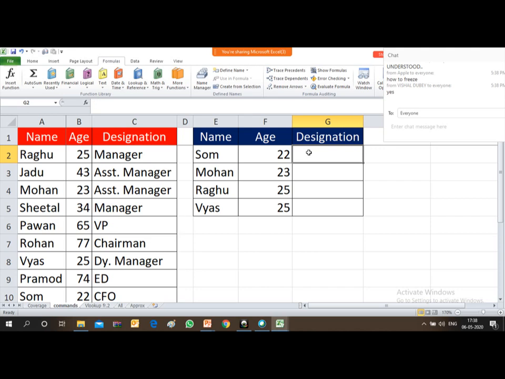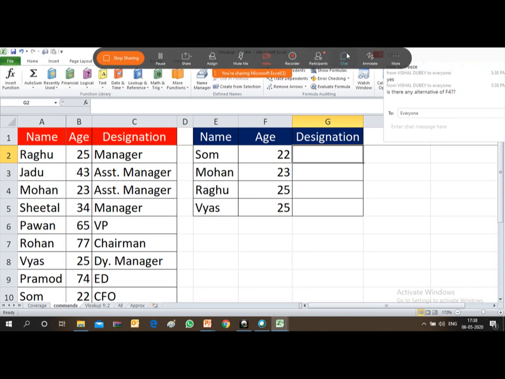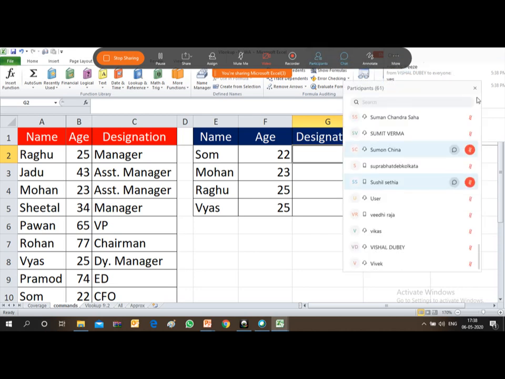So friends, we used VLOOKUP in the same file in the same sheet. Now we will be using VLOOKUP in the same file from a different sheet.